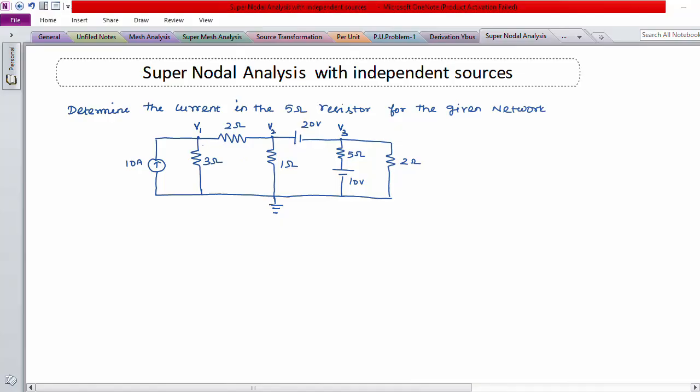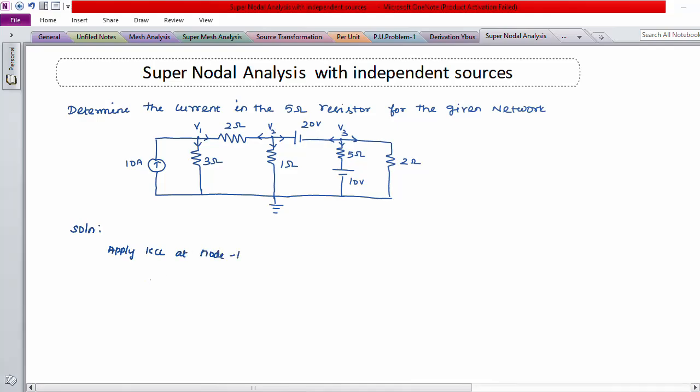The next step, assign all the currents as leaving at each node. Now at node 1 we have assumed the currents are leaving, and similarly at node 2 and node 3 the currents are leaving. Now apply KCL at each node. Apply KCL at